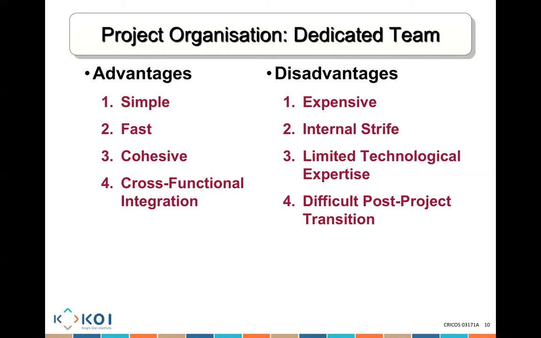And that disadvantage is it is actually expensive. You're going to employ a project manager. The project manager usually gets paid $1,000 a day. You're going to employ a developer, $700, $800 a day, a tester, and so on. There's usually a lot of internal strife, especially when there is more than one project team, and these project teams are fighting for resources. There's what we call all of this internal strife.